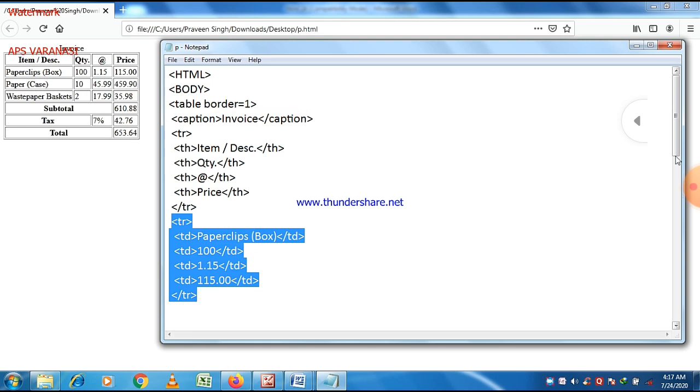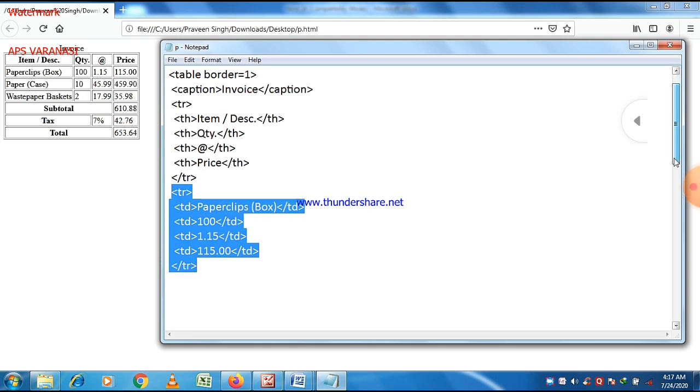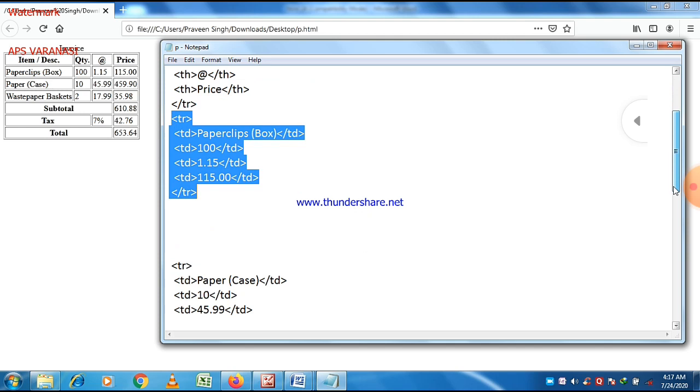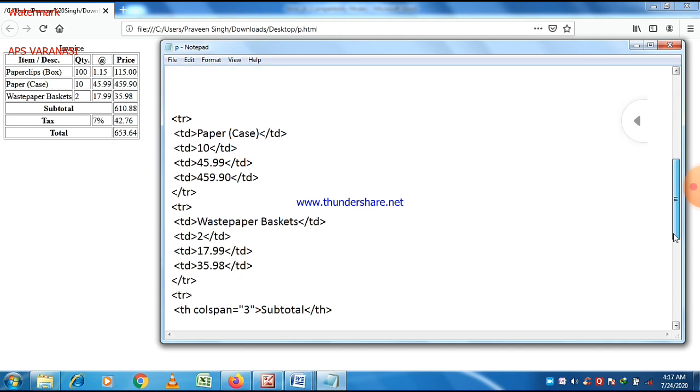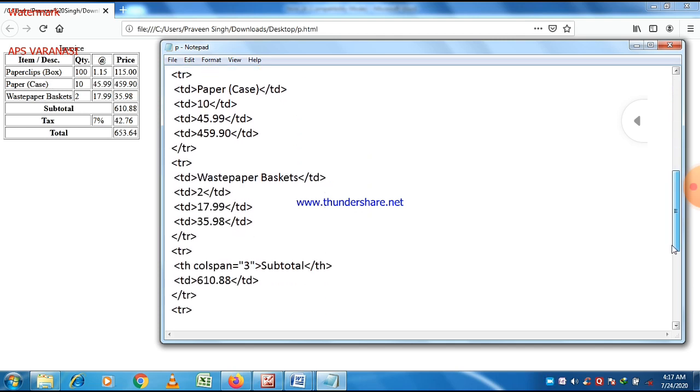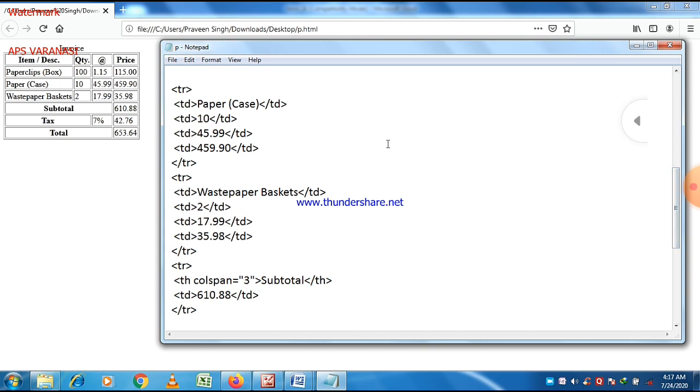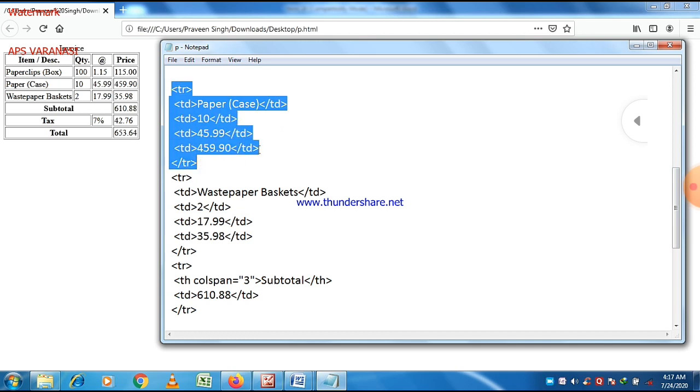The rowspan attribute was already discussed in our last lecture. So here we just focus on the colspan attribute, and there is a small program here to represent the rowspan attribute. So now I think both of the concepts are quite clear to all of you. You can easily see the data reflected in this table: paper 10 45.990, and then this is the second row here.